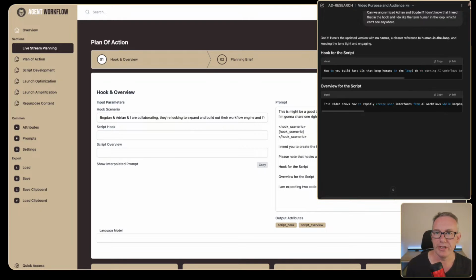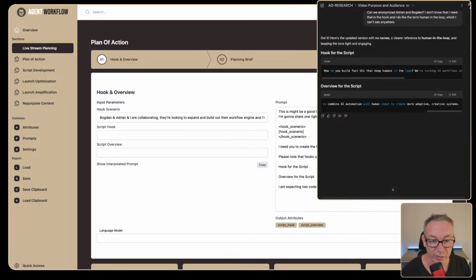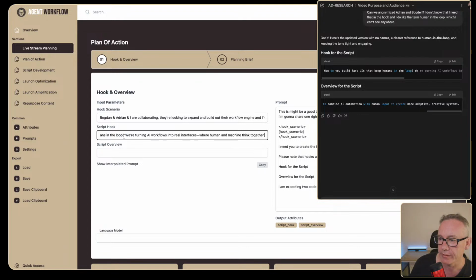So generally these workflows do a really good job at getting me planned for a live stream, but the fact that we can play around with things is also quite useful. Yep. Kind of still wrong. I really do want the hook to say human in the loop somewhere. Oh, sorry, it does. Look at that. I'm not reading it fast, thoroughly enough. Sometimes my English fails me.